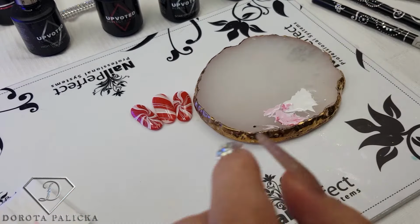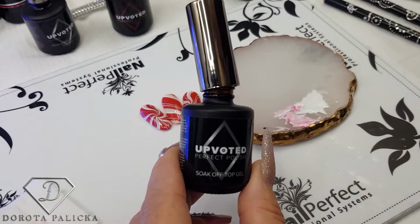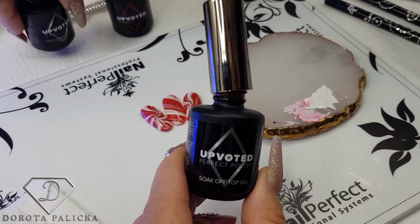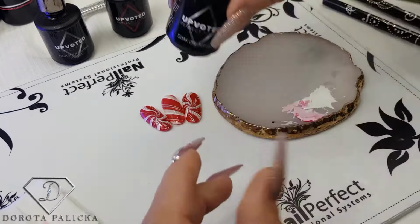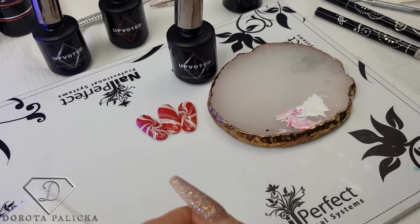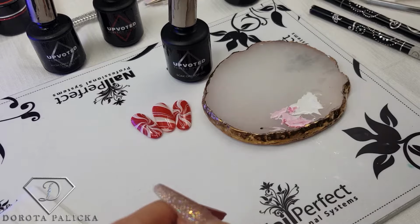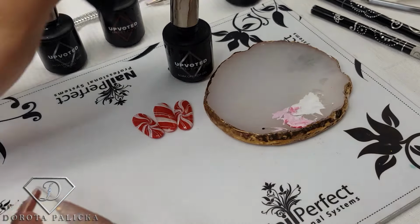I find if we're going for a soak-off top gel with the inhibition layer, it's just quicker than going with a no-wipe top coat. Usually the no-wipe top coat has a much better shine, so I will use it as a finishing top coat, and in between the layers I will be using the soak-off one because it has the inhibition layer, so the next layer of the top coat is going to easily stick to that. So that's my tip cure,